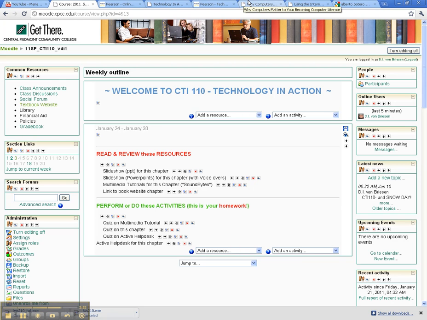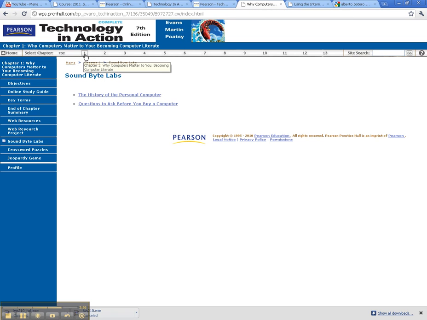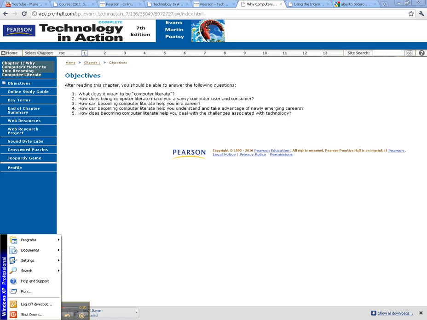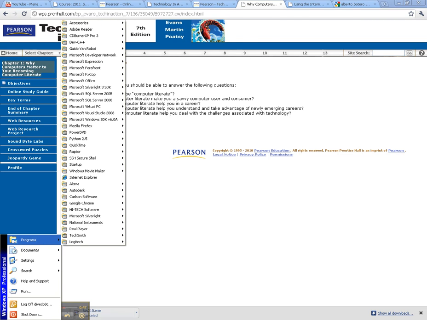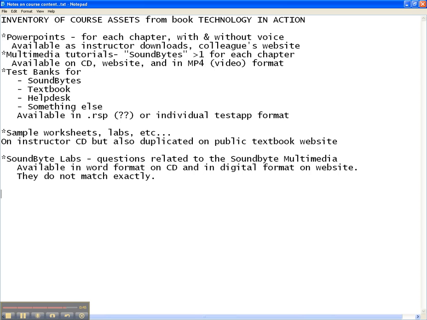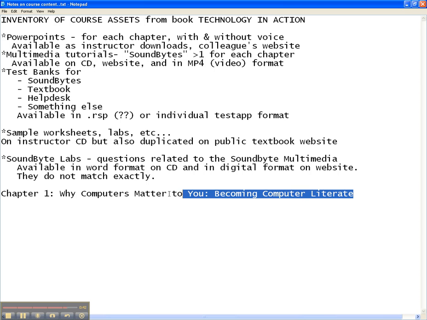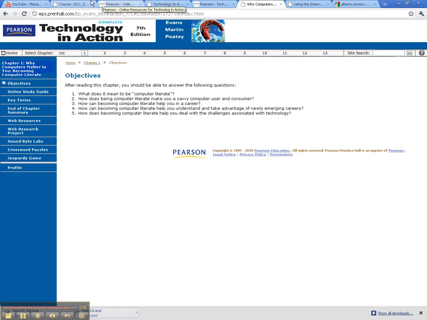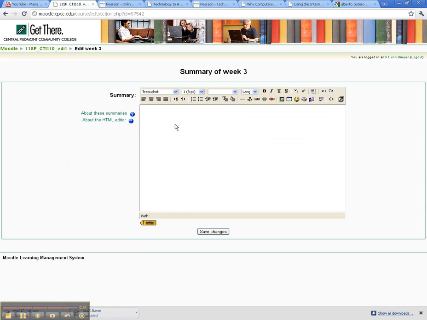Then another thing that might be important, we're thinking about chapter 1 right now. I go to chapter 1 and we look at the name, chapter 1, Why Computers Matter to You, Becoming Literate. Now I should be able to copy that directly. I'll copy, and then I like to put it into Notepad, actually just as a way of cleaning it up. So I'll come down here, and that takes extra formatting out. So I copy and then I just paste back from Notepad, and I'll go to the course and put that up in the title. I'll paste it, and I like to always make these header 2, and I'll center them,